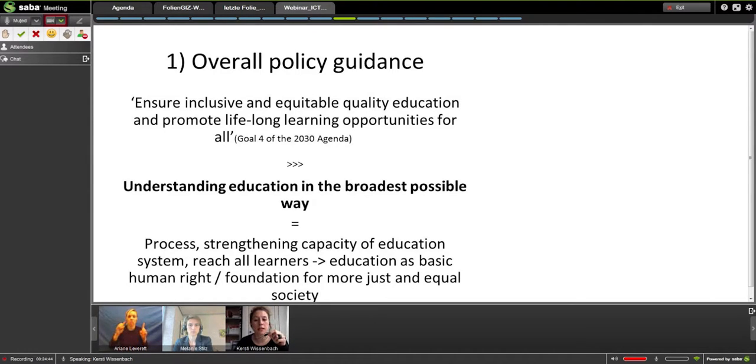So that means understanding education in the broadest possible way, also to ensure an inclusive approach, focusing therefore on processes and the strengthening of capacities of education systems. So the widest, broadest framework you would look at, reaching all learners as much as educators. So that means considering education as a basic human right and the foundation for a more just and equal society. So that is a broader perspective from which we dive into the field and how to then practically